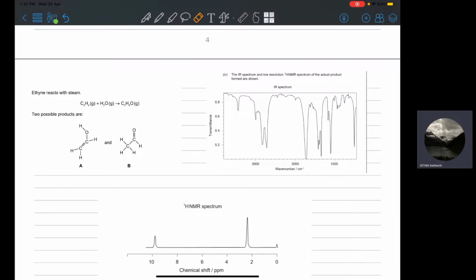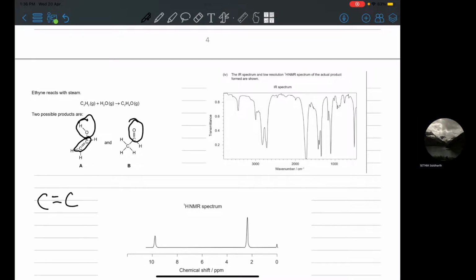One, that compound A does not have this carbonyl group present in it. And two, that compound B does not have this OH bond present, and compound B also does not have the C double bond present. So for each of these bonds, for the C double bond and for the OH, you expect to see something on the IR spectrum,